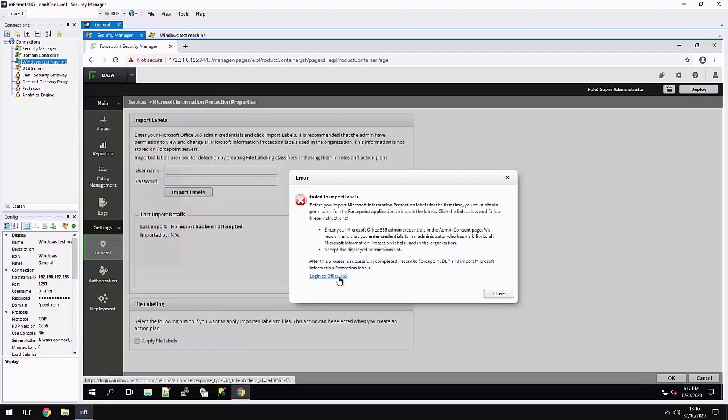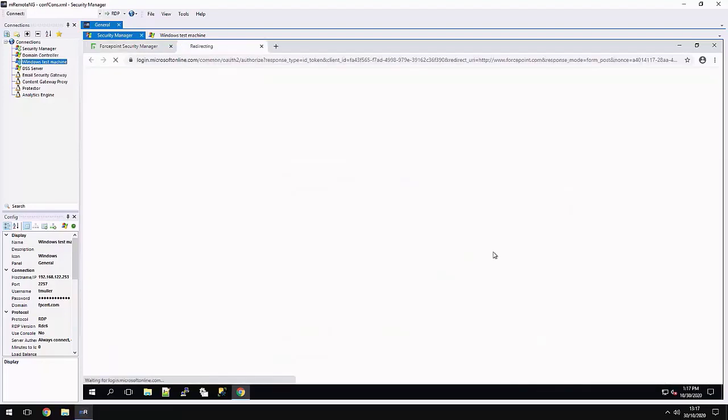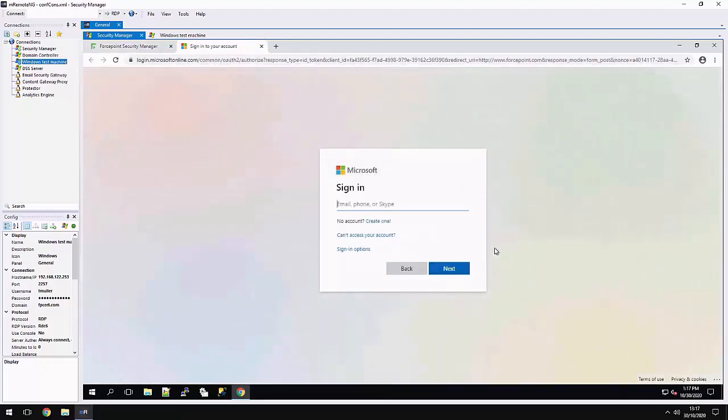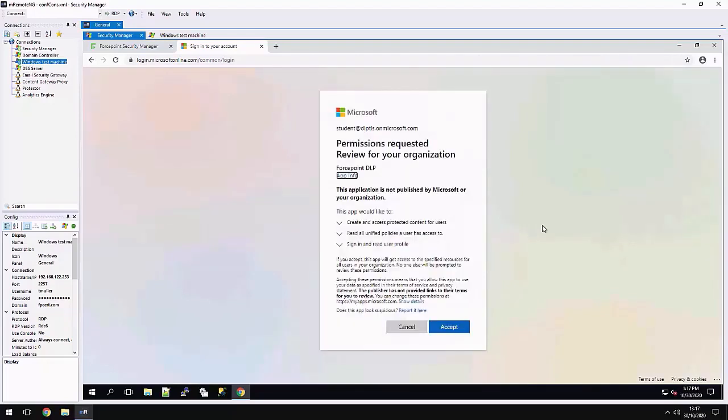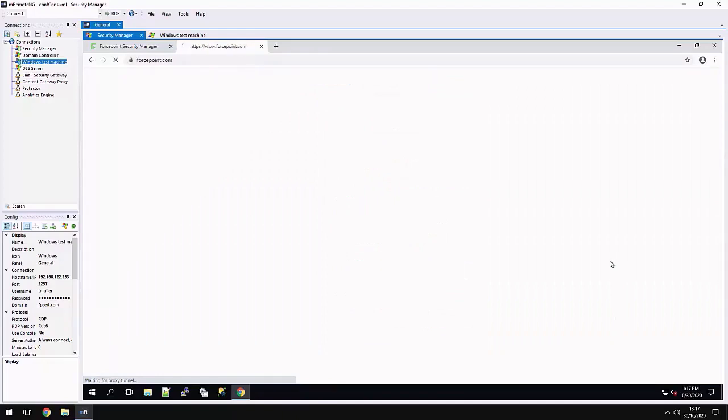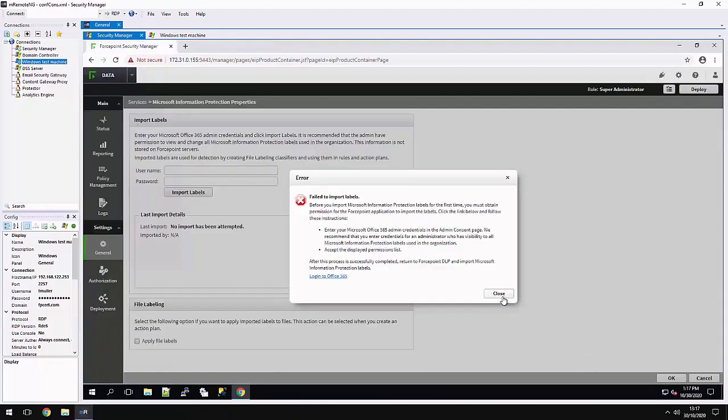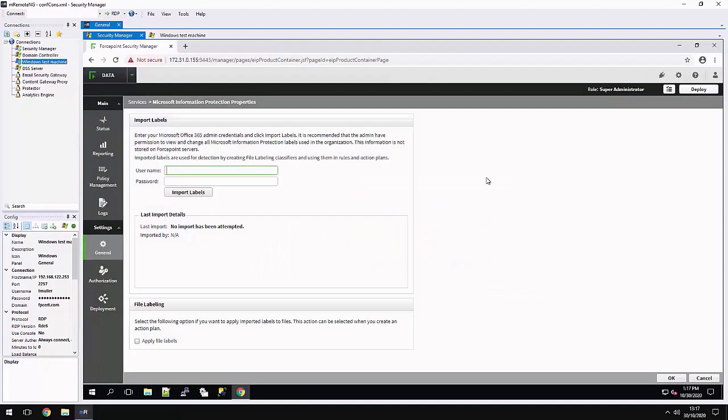So we can click on Log in to Office 365, enter in our credentials, we'll then accept the permissions review. Close this, and now we can enter in our credentials again.